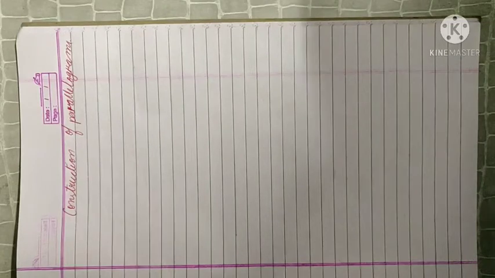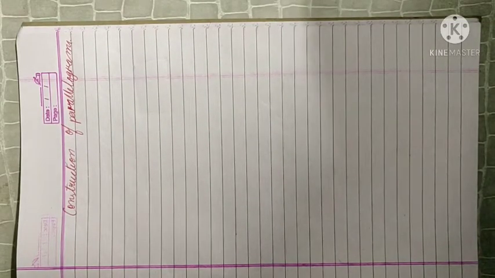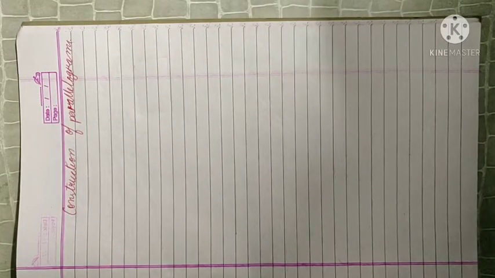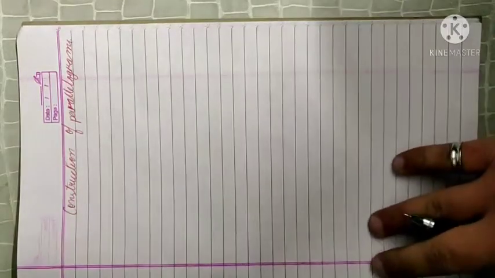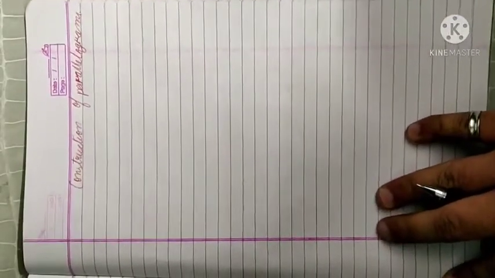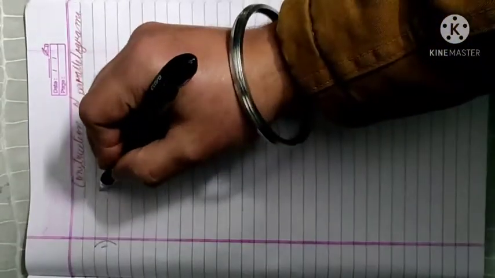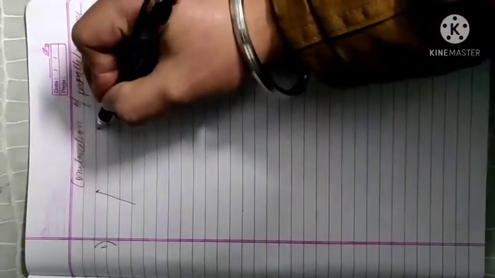Good morning, class. So our next exercise is based on construction of parallelogram, square, rhombus, and rectangle. First, it is the construction of parallelograms. In this, first I would like you to know a few properties of a parallelogram, because these properties are used in this construction. For first, here we draw a parallelogram ABCD.